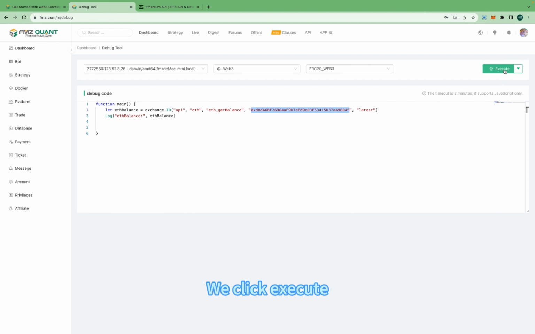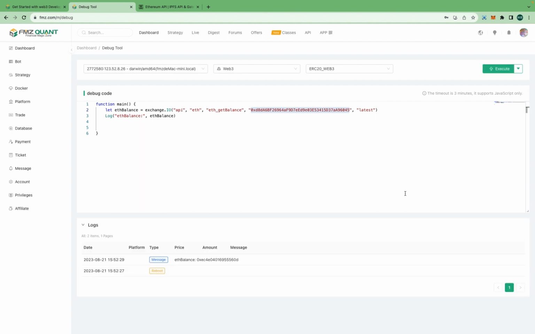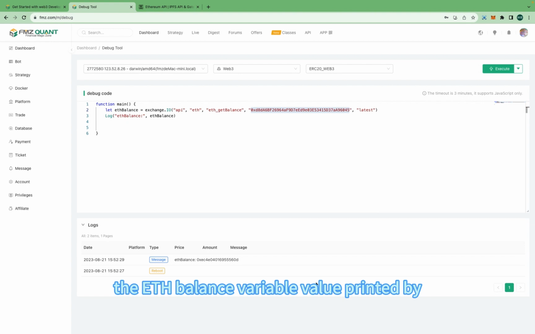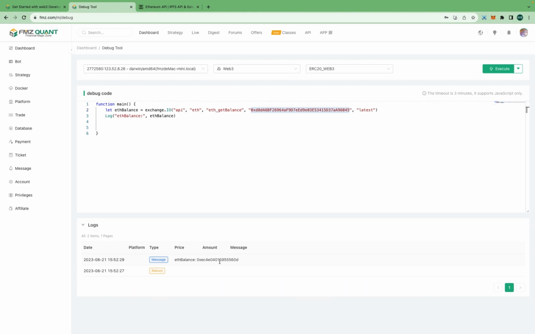We click Execute. And we can see the ETH balance variable value printed by the log function is a string representation of the